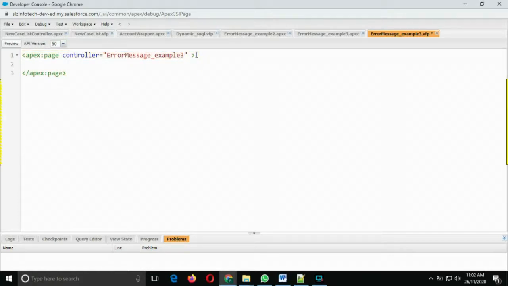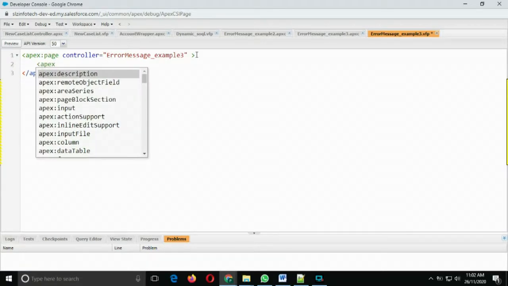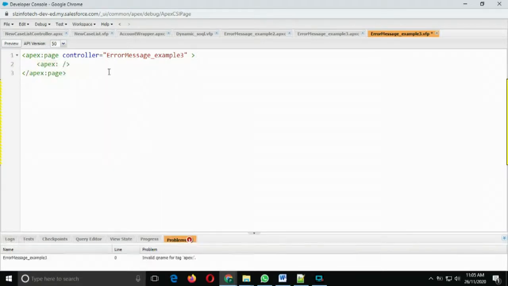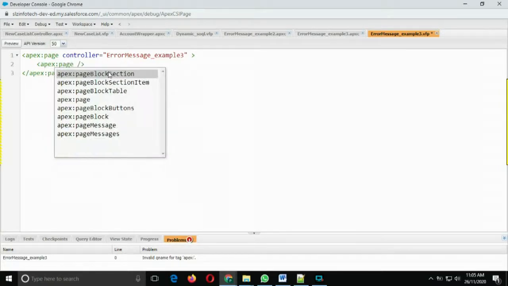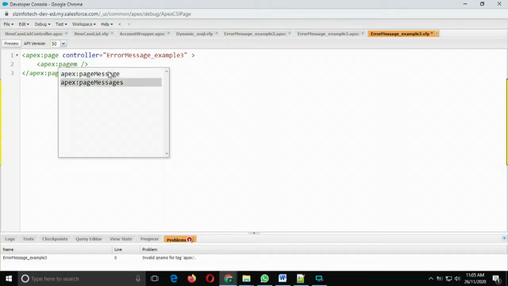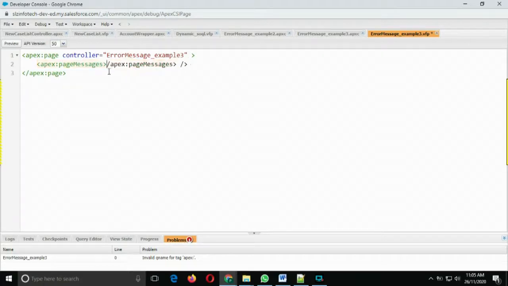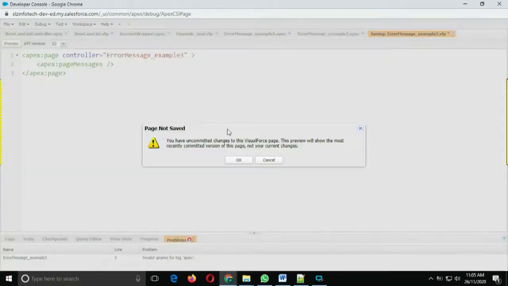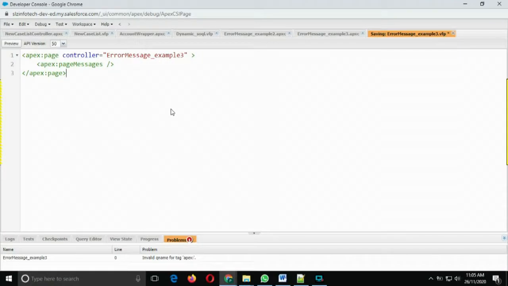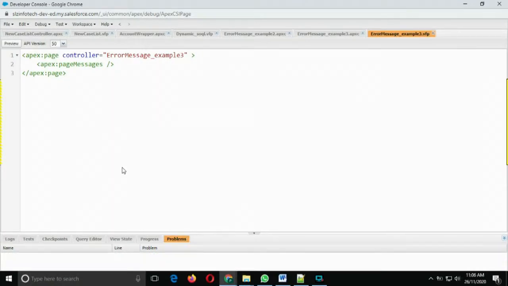Then come to the display. I will display apex page messages.